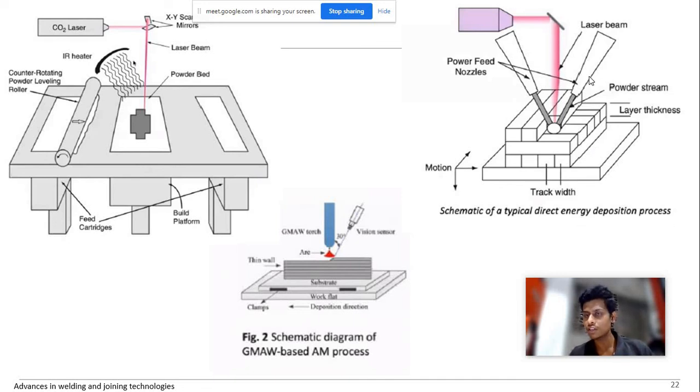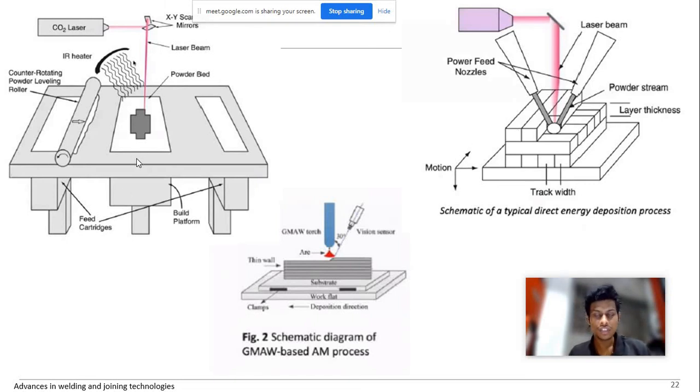Next is the directed energy deposition process. Here we can use a laser or electron beam, and powder will be fed directly. That's why it's called directed energy deposition. Powder is directly fed to the laser or electron beam, and based on that it gets melted and bonded, and layer by layer deposition happens. This is the first layer deposition, this is the second layer deposition, and the third layer deposition is happening in this